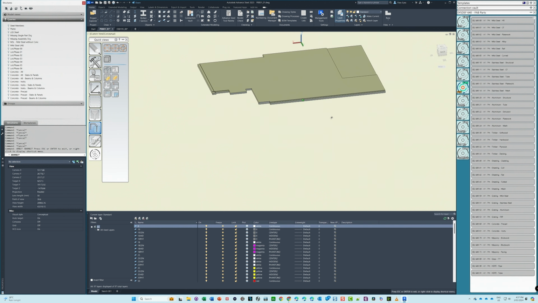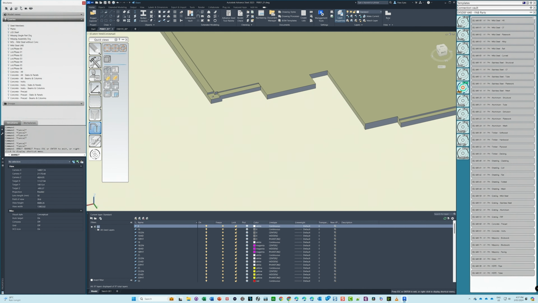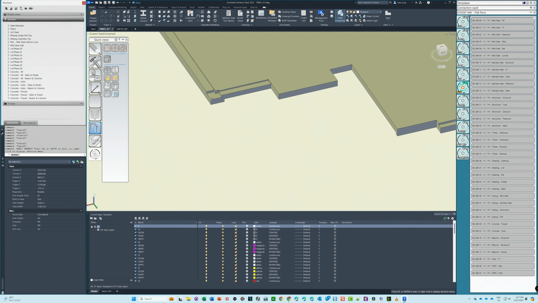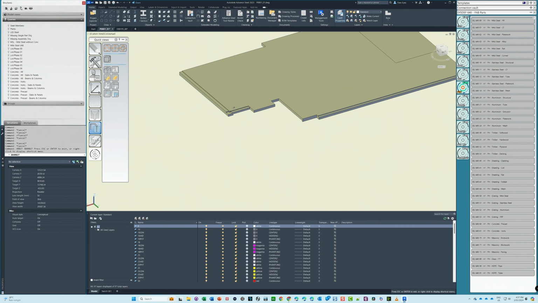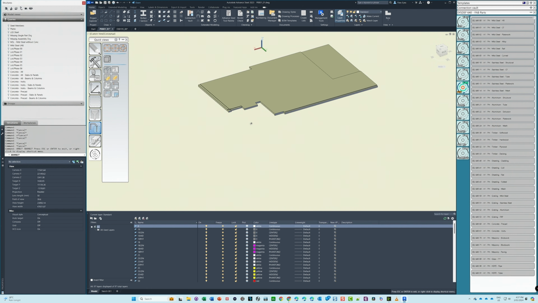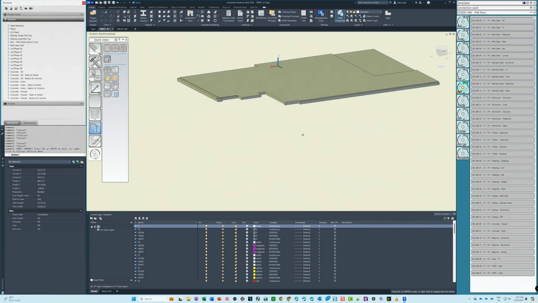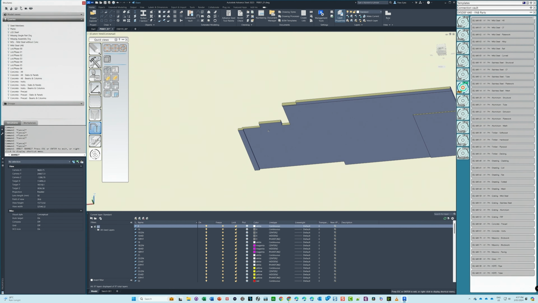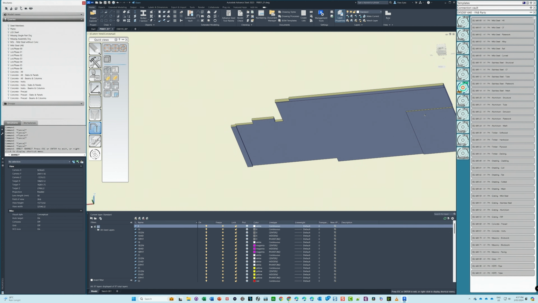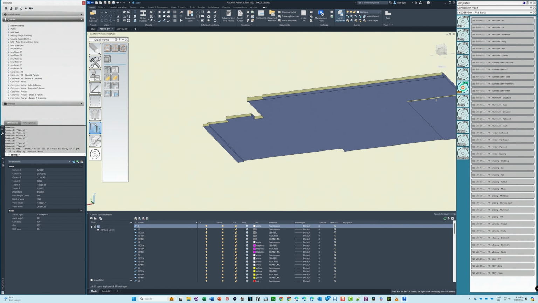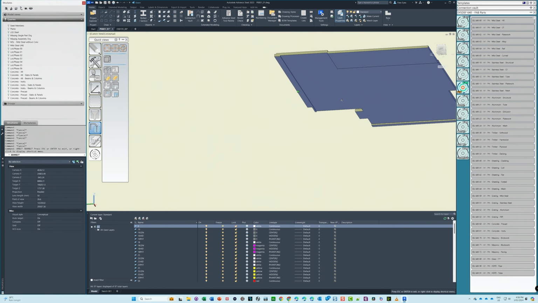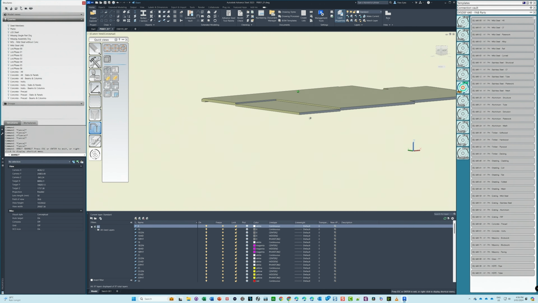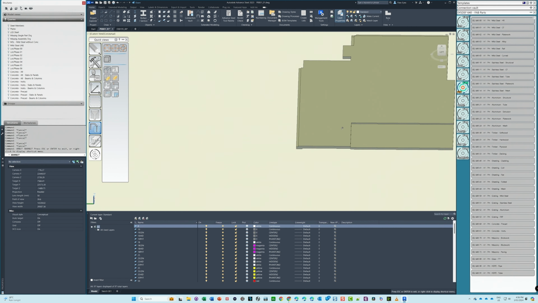So that's quite a complex shape that has many different step downs for column pockets and areas that need to be detailed to let the concreters know exactly the levels that they need to be constructing to. But if you look underneath as well, there are step downs of different heights and even step downs for that outdoor area. So this concrete slab has quite a few features on it, and all achievable